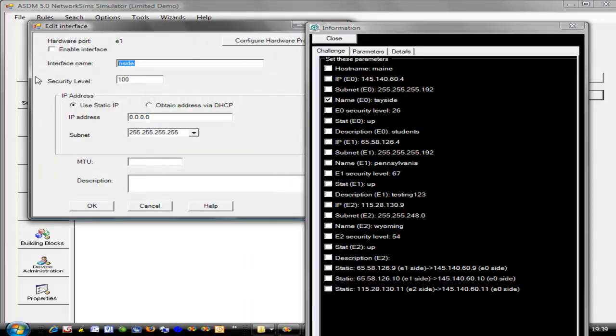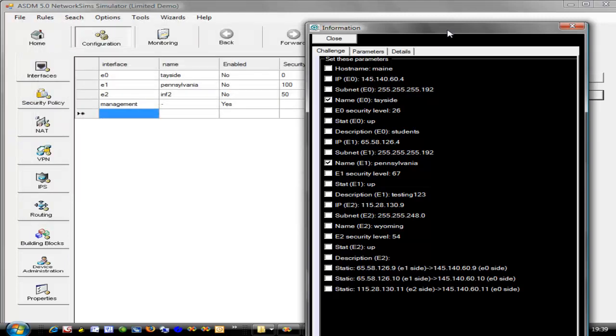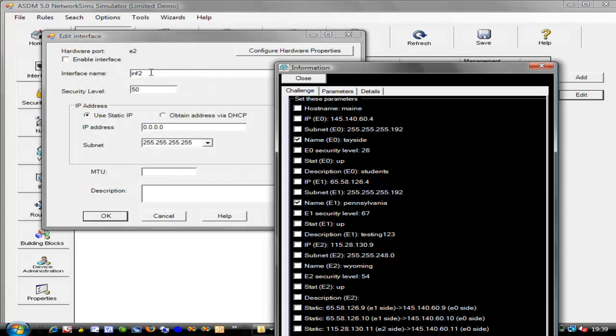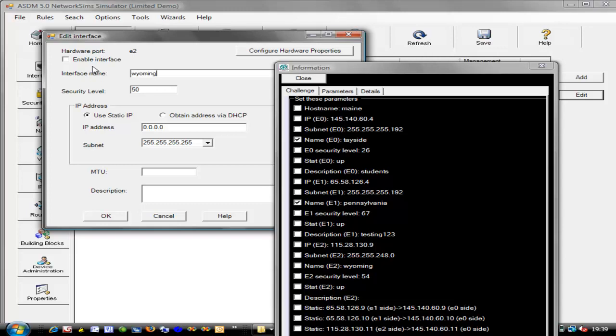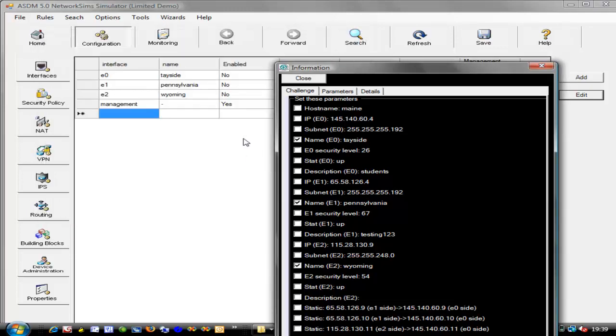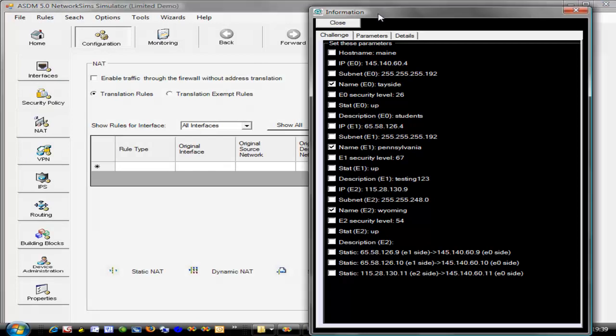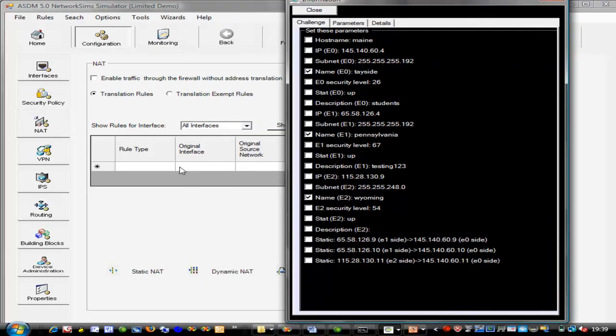We can set E1 up to be Pennsylvania, and then for the third interface it has a name of Wyoming, and that's set up. So just to save time, we won't bother with the other details, we'll go straight to the static mapping. So for this we go to NAT,